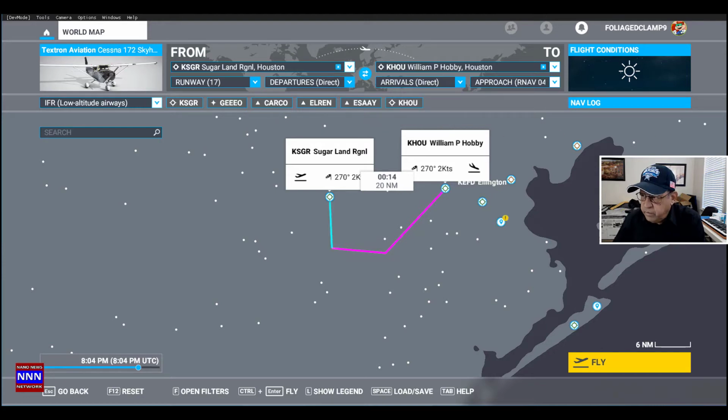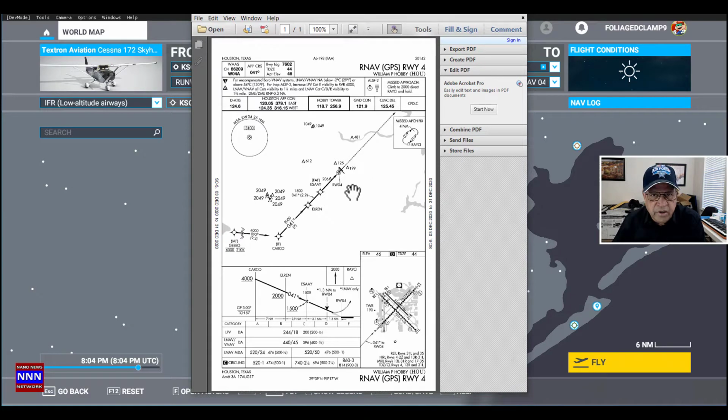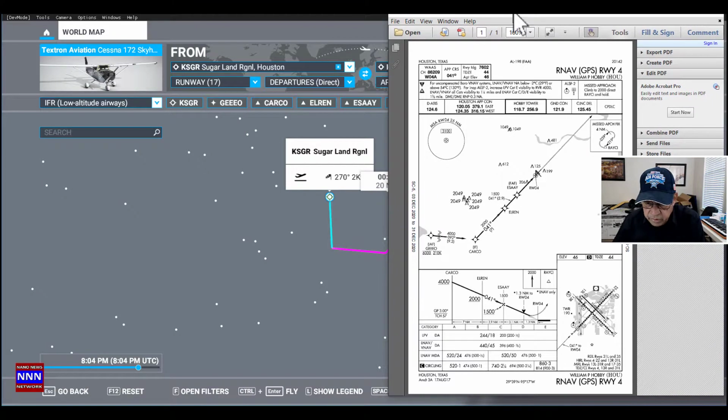Before we go into any further details, I would suggest you go to airnav.com or .org and pull up an RNAV for your regional airport of destination, depending upon which runway you select. You can print this template. It gives you all the details about all the different things that we need to be focusing on. And as we can see, this